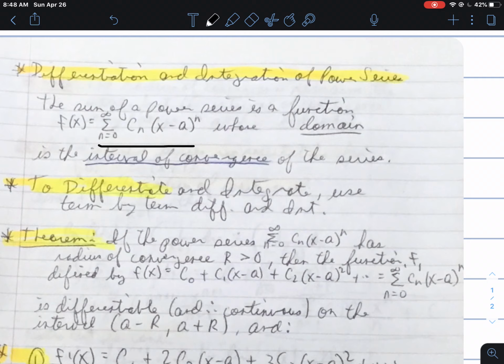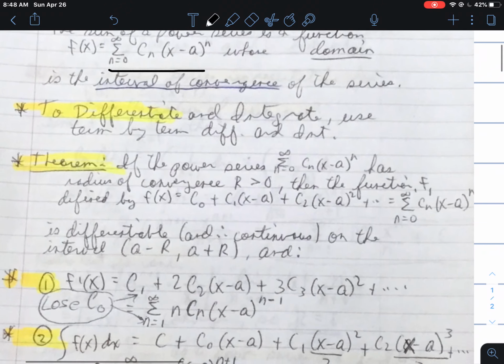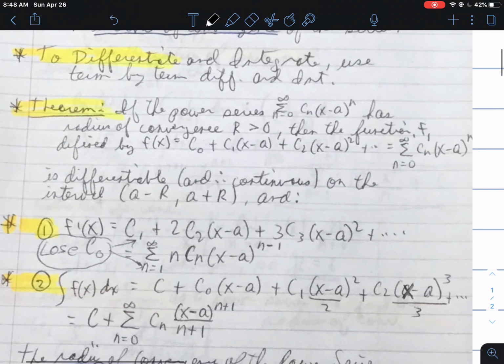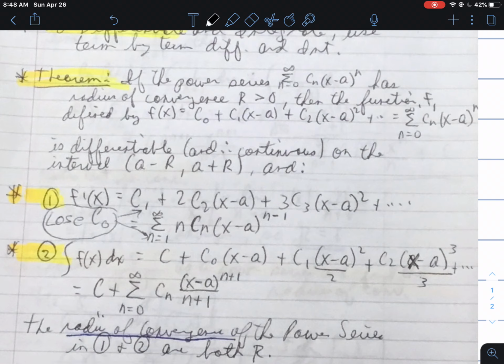Okay. Now, to differentiate and integrate, let's look at this initially term by term. Right? So if we write out the terms of our series, and then we follow our basic processes for differentiation and integration, which again, since these resemble polynomials, it's really going to be an application of power rule. We have a theorem that tells us that if the power series sum as n goes from 0 to infinity of c sub n x minus a to the n has a radius of convergence r greater than 0, so it actually converges for some values,